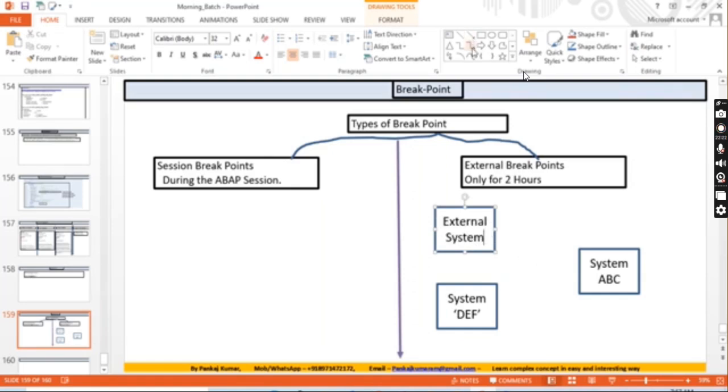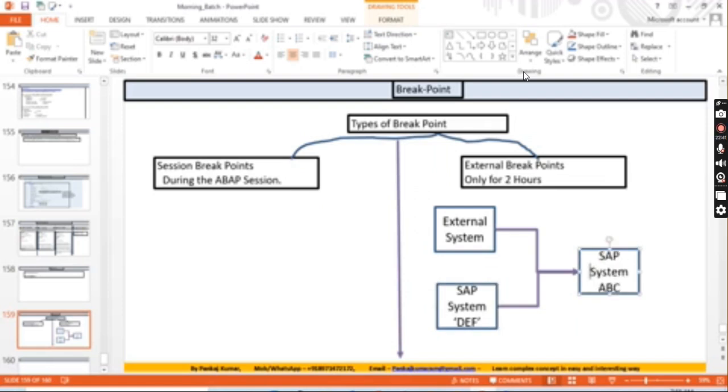So if we're going to call through an external system, this external system can be your SAP system also, or a non-SAP system also.